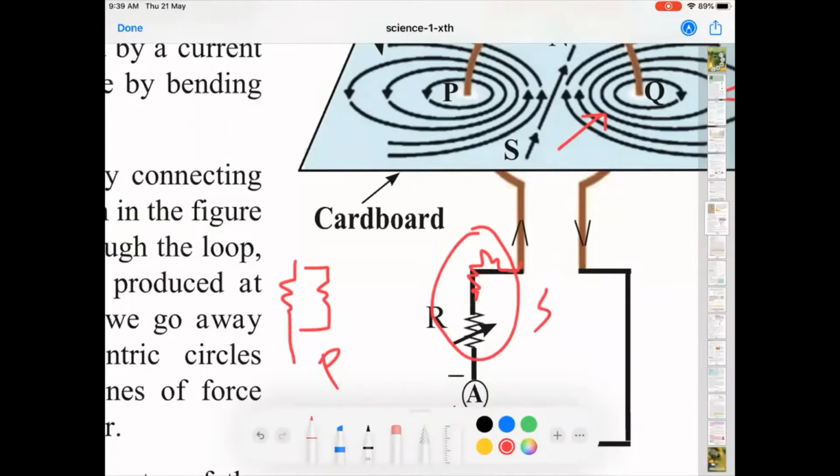Now, when you look at the first one, that is this one, I'll name it A. When you look at A, you can see that the resistances are in parallel. Because they are in parallel, the equivalent resistance will be less, and so more current will flow through the circuit. When more current flows through the circuit, the magnetic field will be greater compared to the second one, that is B, where the resistances are in series. When the resistances are in series, the equivalent resistance increases, the current flowing through the circuit decreases, and so the magnetic field will be less.